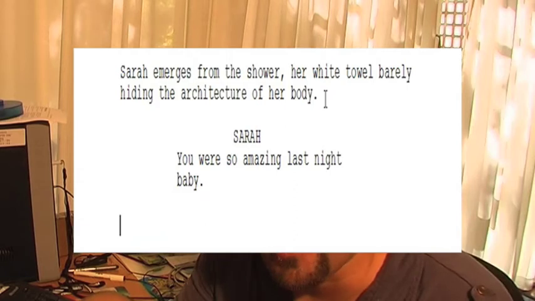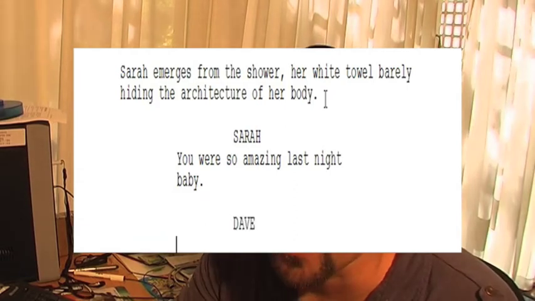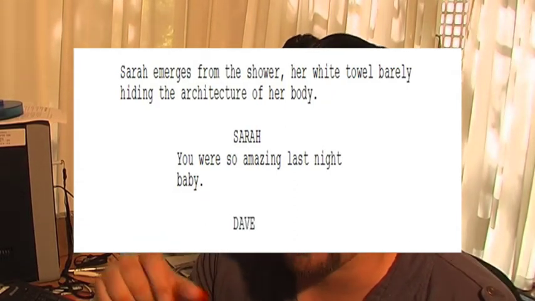And see that. I've just typed return after Sarah's spoken. Final Draft is smart enough to know from the scene so far that Dave is the only other guy in the room. So if there are two characters in a room, Dave and Sarah, and you just keep pressing return, it'll automatically prompt you with the name of the next person to speak. So we can do this whole dialogue between Dave and Sarah without even ever having to change the formatting.